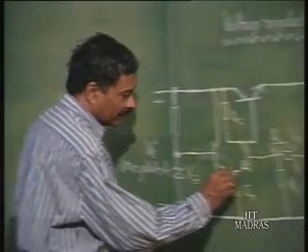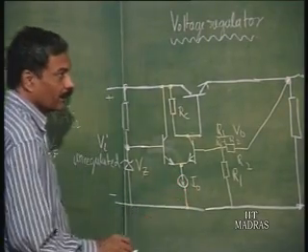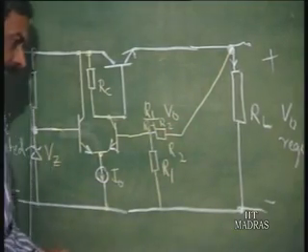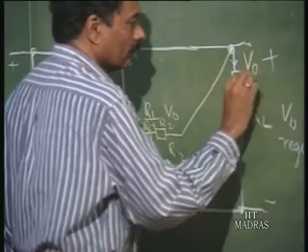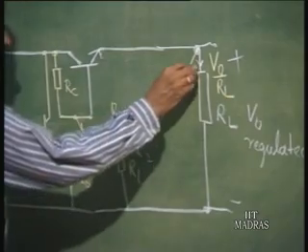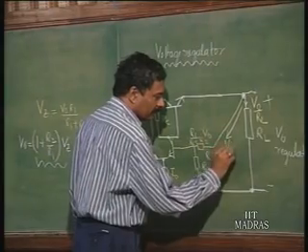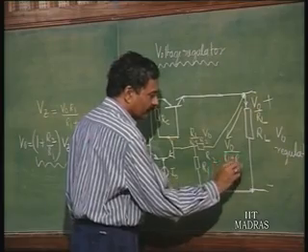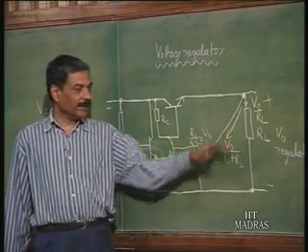If this is the structure that is there in this thing, let us understand this structure fully. This is V naught and this is taking a current of V naught by R L, that is the load current, and this takes a current of, assuming that the transistor beta is high, V naught by R 1 plus R 2. Obviously, R 1 plus R 2 should be chosen by us such that this V naught by R 1